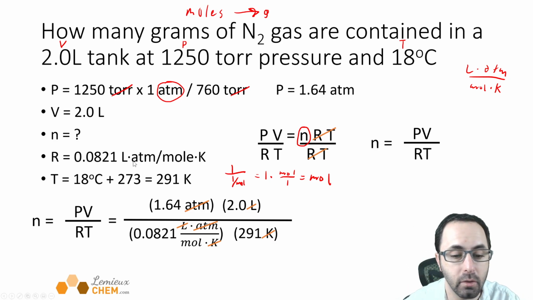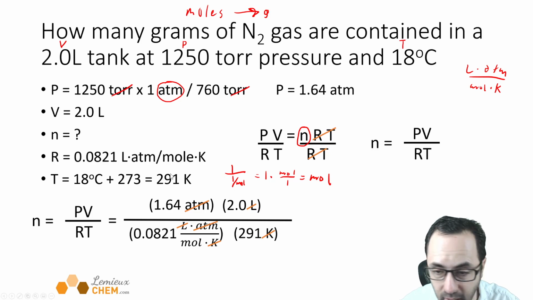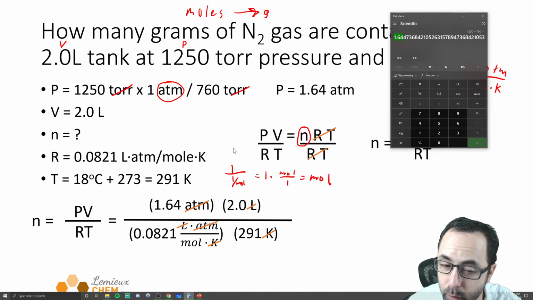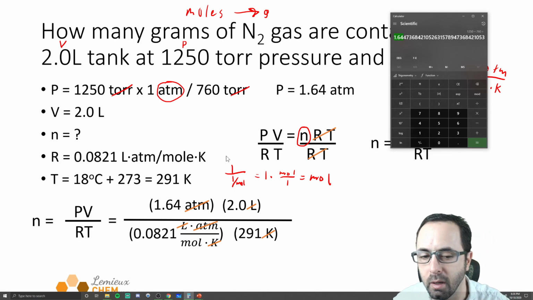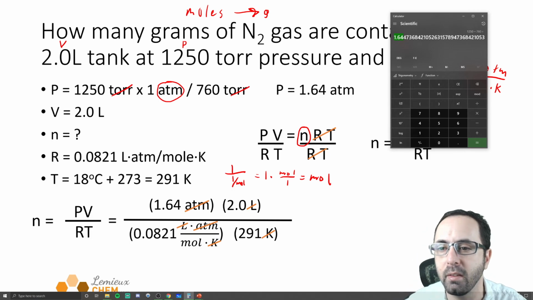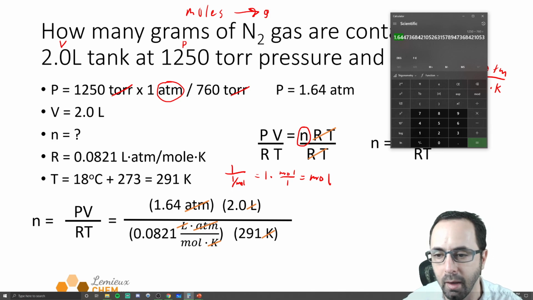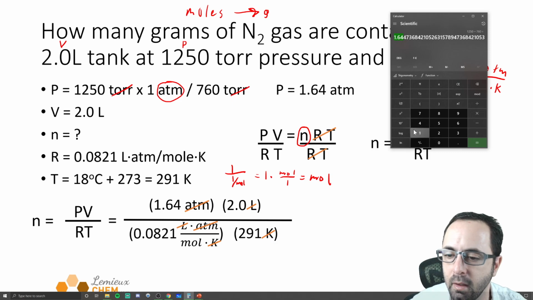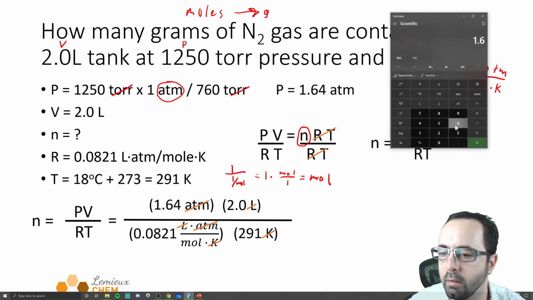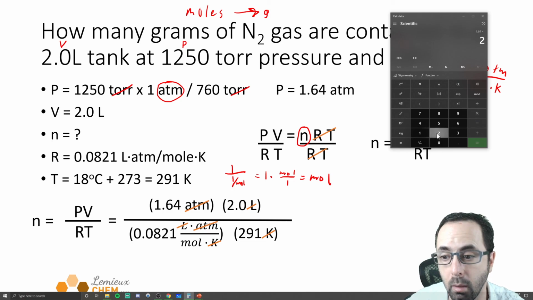Okay, so now we have to punch the calculator, and here's where you need to be very careful. Remember the same thing I always keep harping on you about. If it's on the top, press times. If it's on the bottom, press divide. Period. That's all you got to do. As long as you do that, you'll get it right. So we're going to do 1.64, then times 2.0, because it's on the top. Now, this is on the bottom, so we press divide by